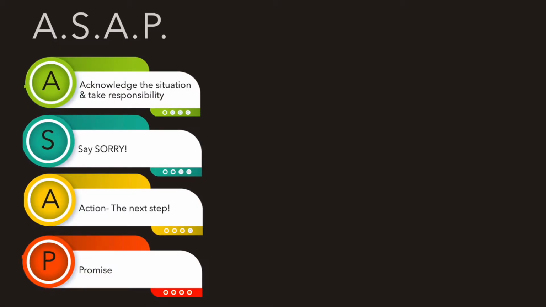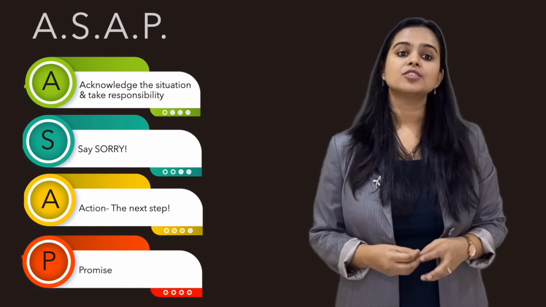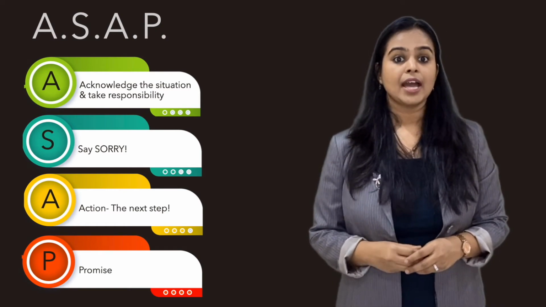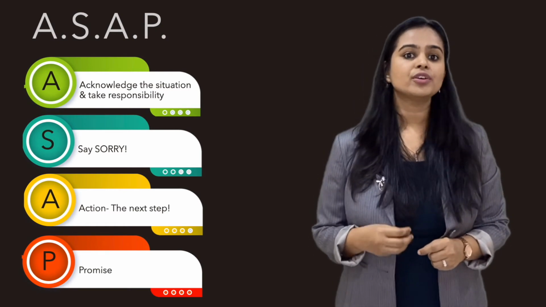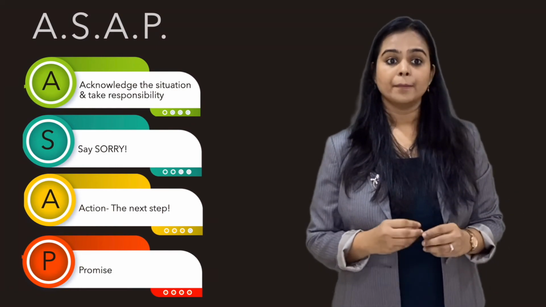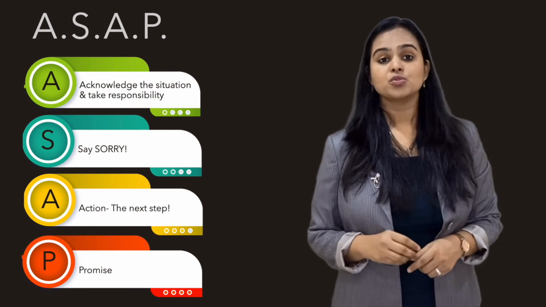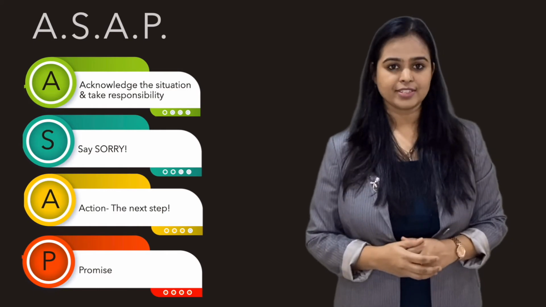Now, the fourth step is a promise you make to the receiver of the mail. The smallest mistake can create distrust in your team's capabilities. Hence, you need to assure your reader that you are not fixing it just for one time, but you are ensuring that this will not happen again. To do this, you can use the following phrases.